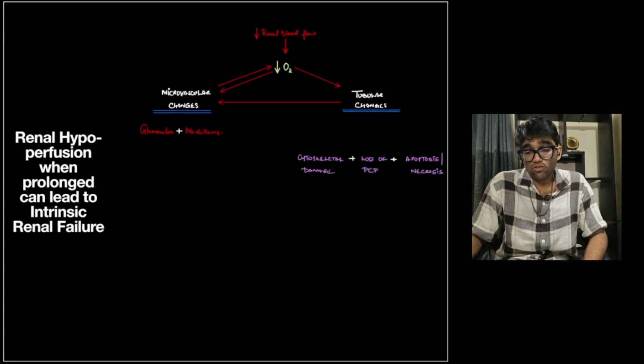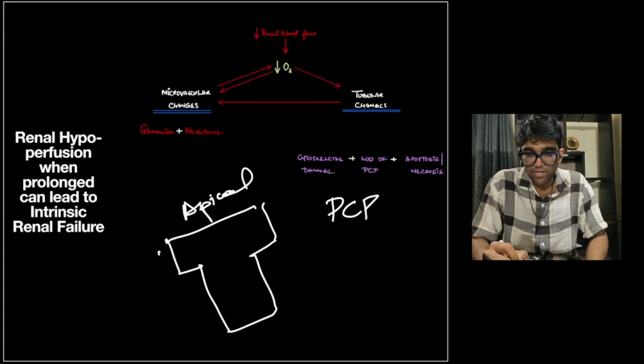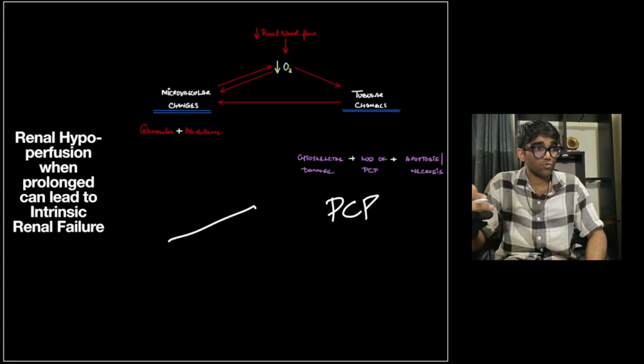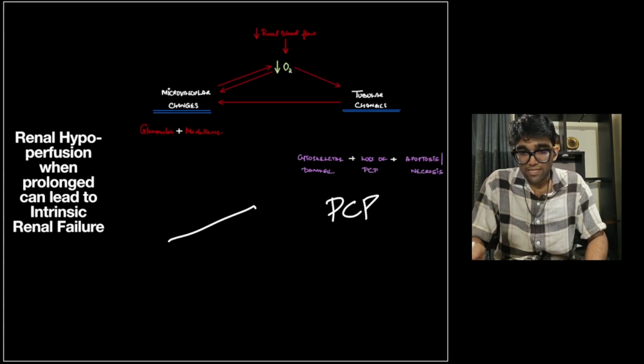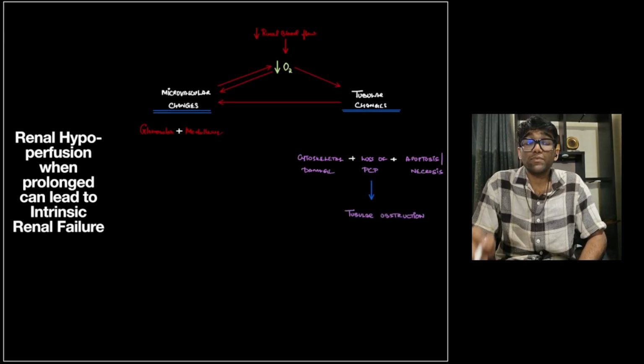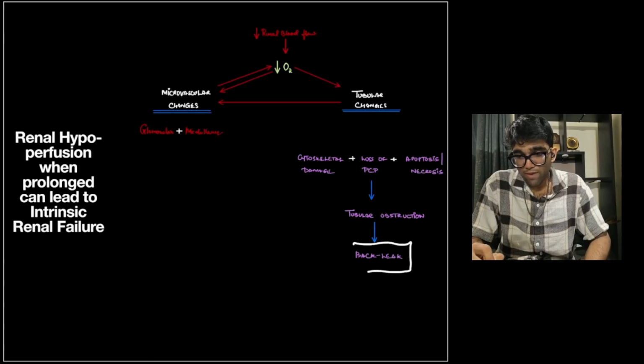Tubular damage causes loss of the planar cell polarity. The PCP stands for planar cell polarity. That is the clear demarcation of renal epithelial cells as having apical and basolateral cell membranes. So that polarity is lost, and once that polarity is lost, the epithelial cell cannot do most of its physiological functions. This happens because of cytoskeletal damage, and eventually apoptosis or necrosis of the epithelial cells ensues. This secondarily causes desquamation of the epithelial cells and obstruction of the tubule. Then finally, because of the obstruction, there is back leak,